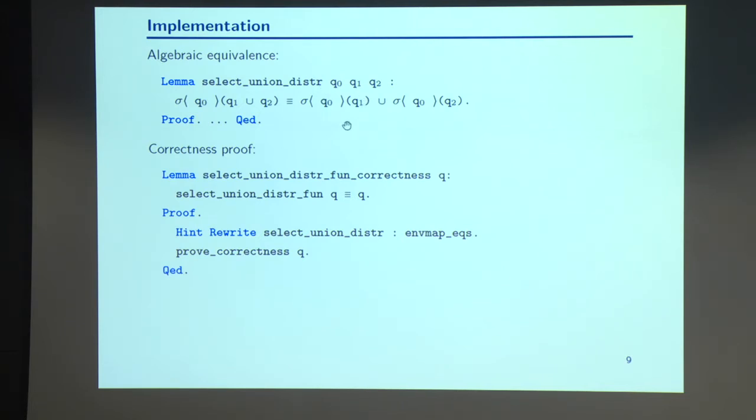Then we make the link between our implementation and the proof of correctness, saying that if I call my optimization that pushes a select under a union, then on a query Q, I expect to have the same behavior as Q. And the proof is trivial, it's two lines: I will just apply the lemma, where the proof was much more involved to do. In this case, not that much, but here we establish the correctness between the lemma that we find in the textbook and our implementation.